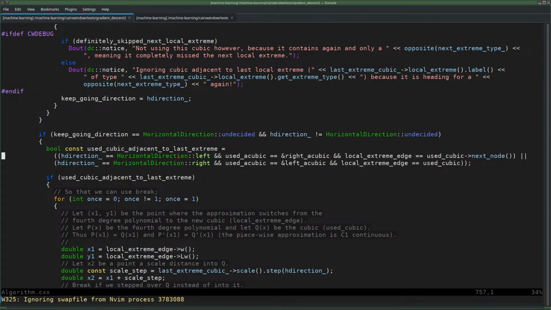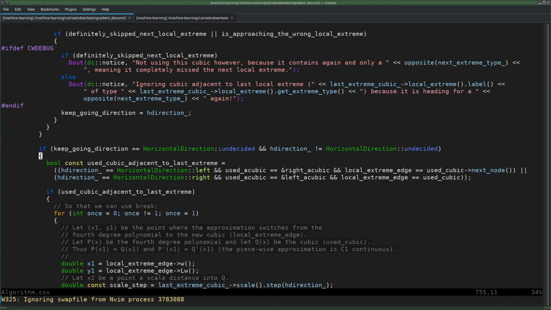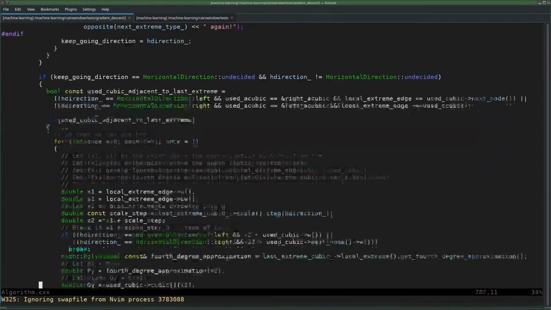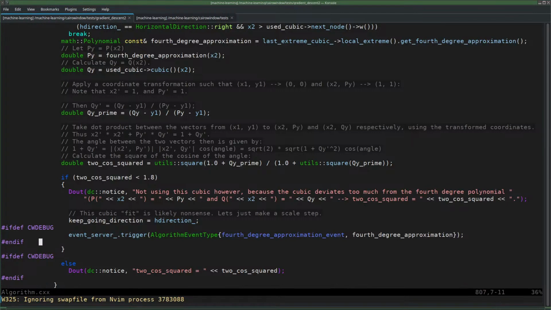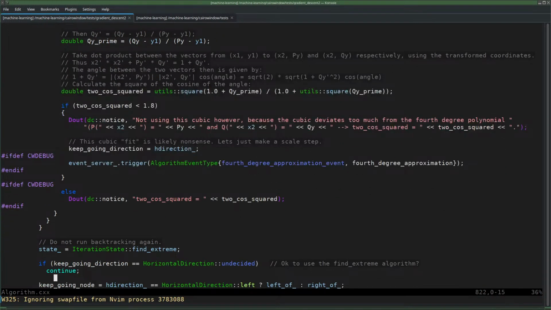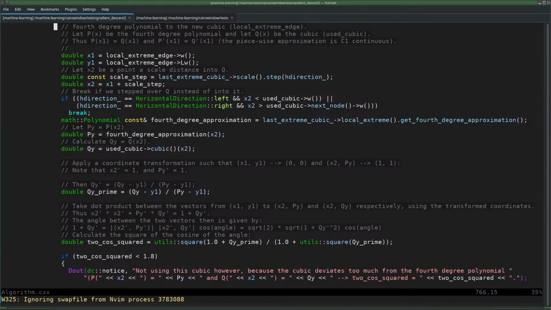Okay, that's the other test. So if this one is not set, then I still had another test, which detects if maybe something is wrong. What is that doing again? Oh yeah, that is looking at the angle between. It takes a dot product between two vectors, and then based on the angle between them, we decide if we want to ignore it, if we want to set the keep going direction or not. And those two vectors are